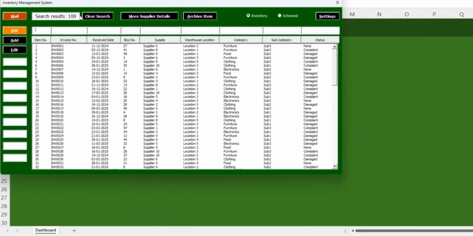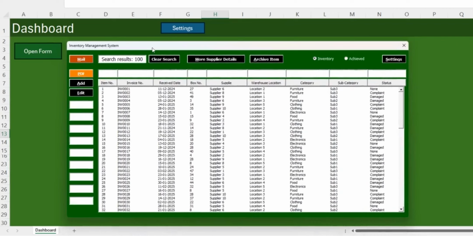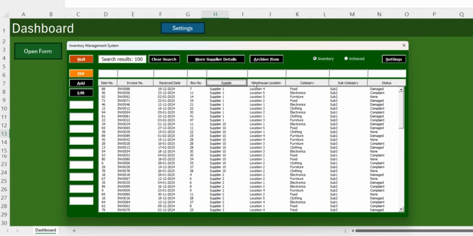Welcome to this inventory management system I've built here that I would like to introduce to you. We have some data here you can store with some item numbers, invoice number, receipt date, box number, warehouse location, and so on. And what is really cool is you can sort this data up here